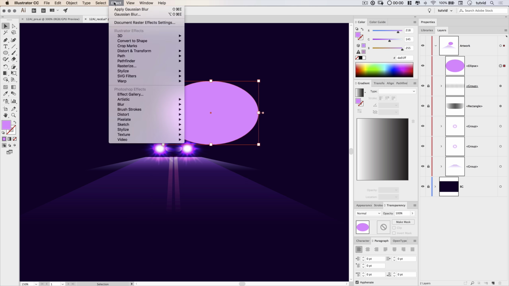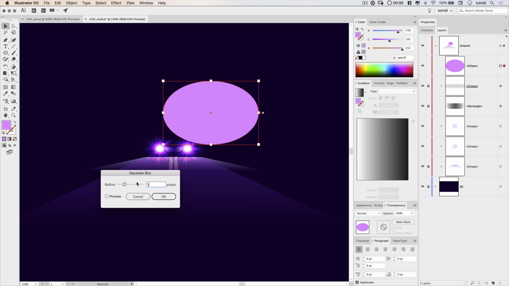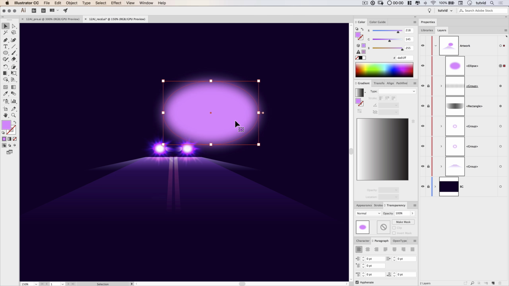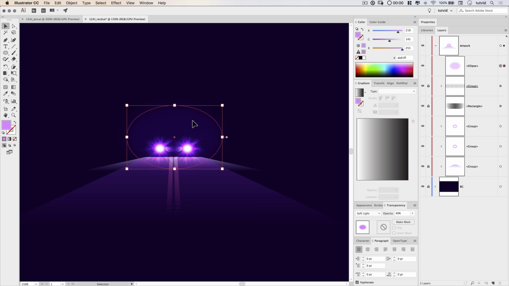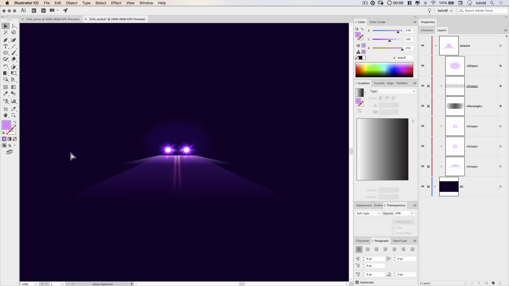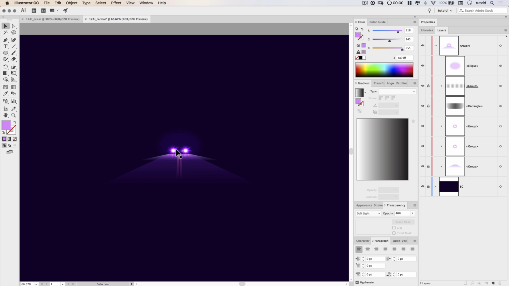I'll blur this quite a bit. Let's go Effect, Gaussian Blur, and let's knock this out with like a 55 pixel blur. You can see quite light, and I'm going to set this to something like soft light, and maybe an opacity of about 40%. So it's just going to be a subtle effect. And let's drag this down. I kind of want to drag this down so most of the light should sort of be above the car. Something kind of like that I think will look cool for the car. Yeah, I think that's kind of neat.